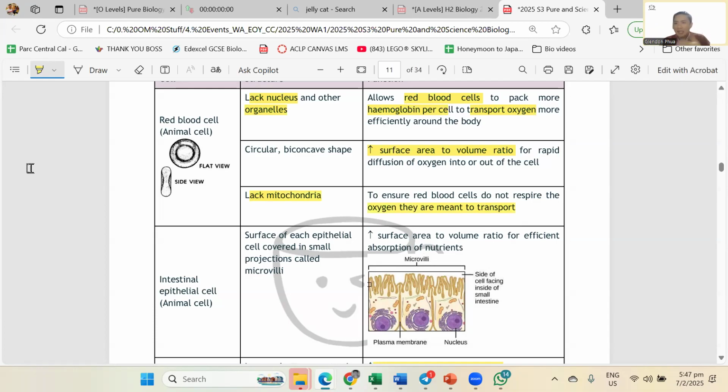Okay? Then at this stage you're wondering, sure, then how does it undergo respiration? Don't think so much. This one will be covered at A levels. For WA1, we survive first, then we go back to that.